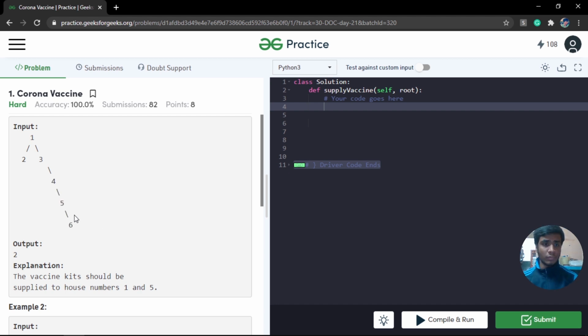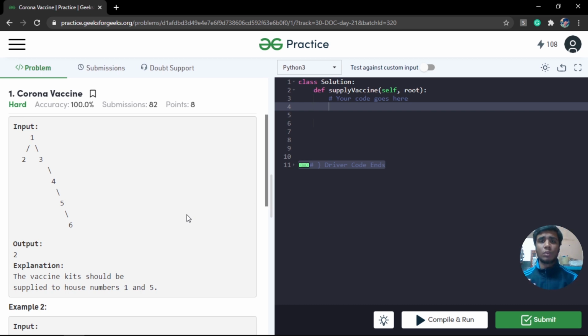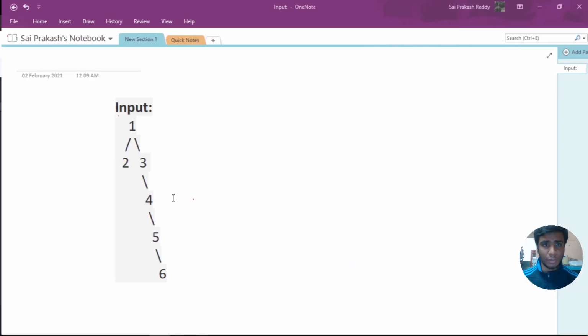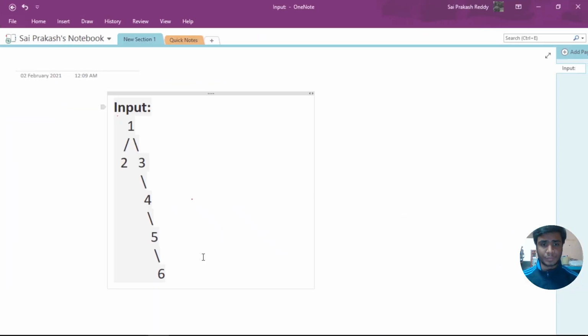So the trick to solve this problem is to try to give the vaccine effectively. Let me explain it with this example. Let's say I'm at a leaf node. What if I give the vaccine to the leaf node?